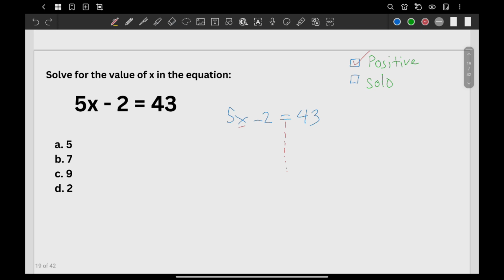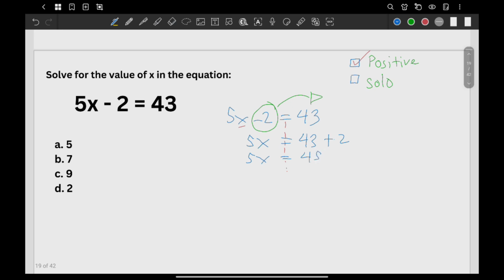Now, again, we need to make the variable x solo. So the first thing we need to do is remove the negative 2 through transposition. And if you transpose it, what's the rule? If you transpose a positive number from one side to the other side, the positive will become negative. And if it's a negative, it will become positive. So same thing here. On the left side we have only 5x is equal to, I'll copy the 43, and this time the negative 2 will become positive 2. So plus 2. So we have here 5x is equal to 45. There you go.